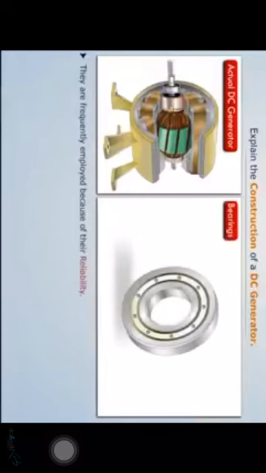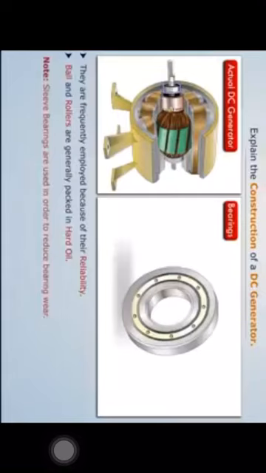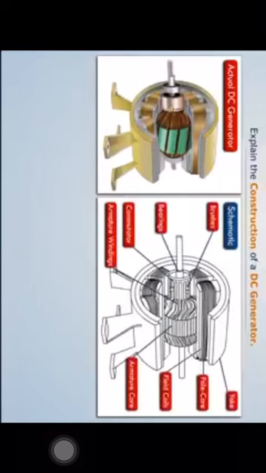And ball bearings are frequently employed because of their reliability. The balls and rollers are generally packed in hard oil for quieter operation. Note that sleeve bearings are used in order to reduce bearing wear. Basically, the schematic diagram of a DC generator is as shown, and its main parts are